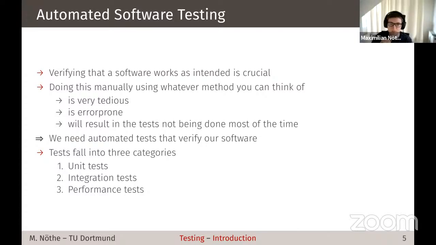You have to do it over and over again. It is error prone because you might not do it in the exact same way. Many things similar to what we discussed in all these reproducible science lectures. So every time you do something manually, it's very hard to repeat. It's very hard to do it reliably, and it's tedious. So you probably won't do it as often as you would if you could just hit one command and everything runs automatically. And that really brings us to our need for automated tests